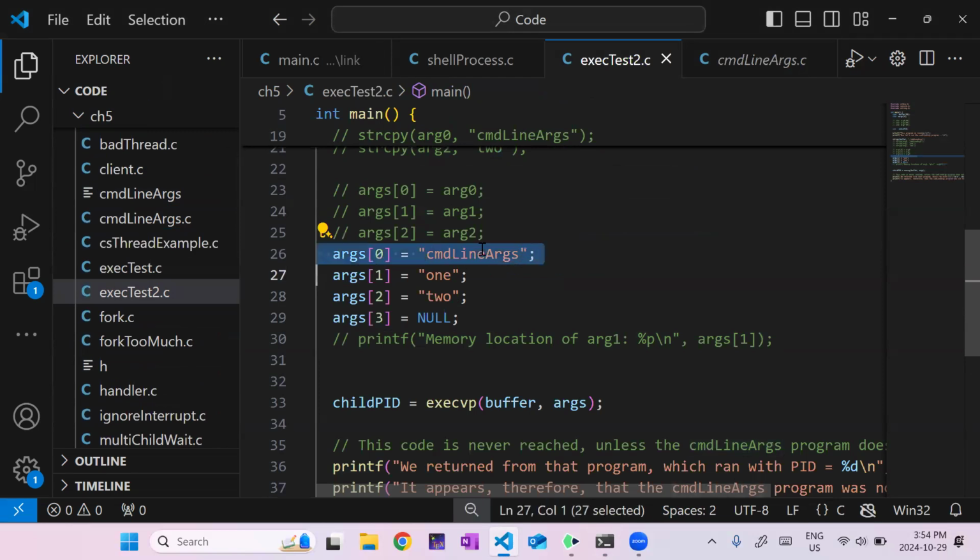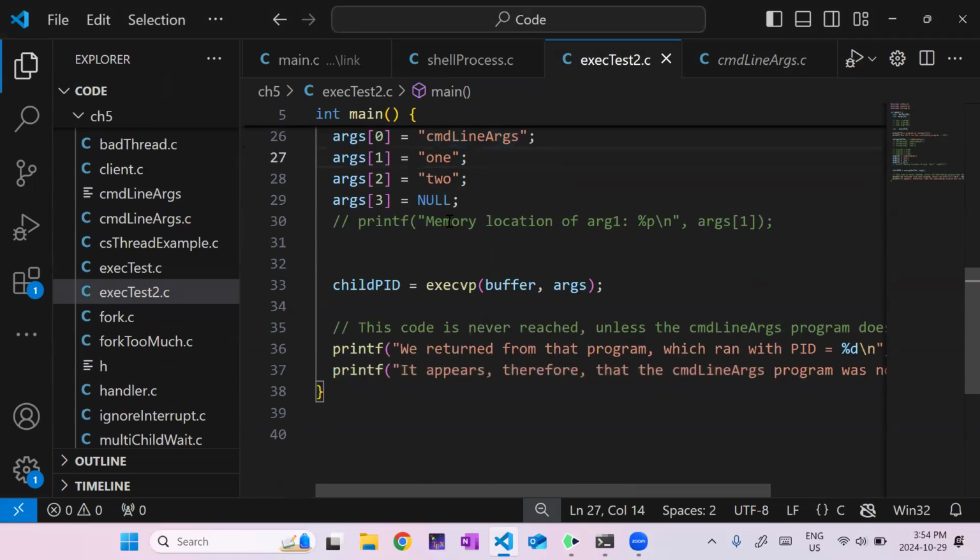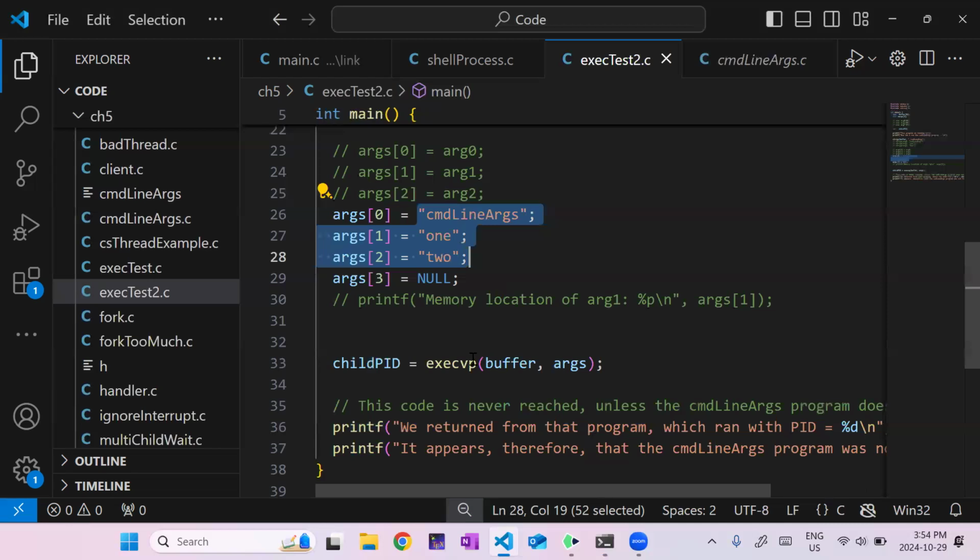So technically you could just send references over, but what actually happens is whatever I send in, it makes copies of them and then gives those as command line arguments to the new process, right?